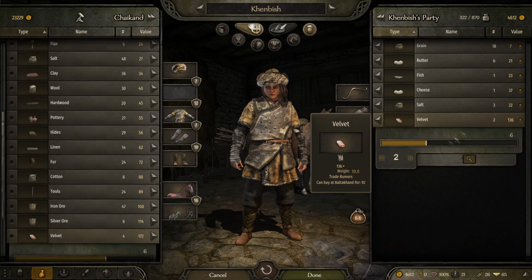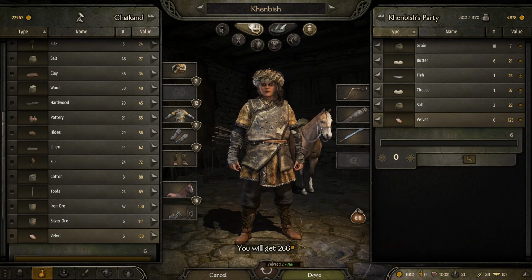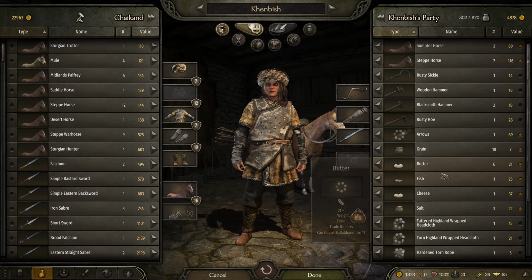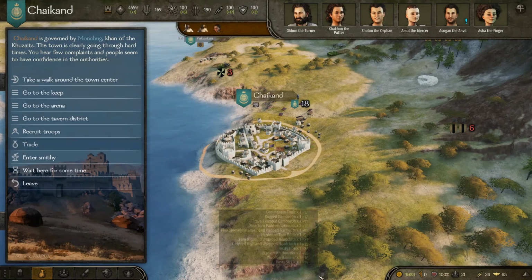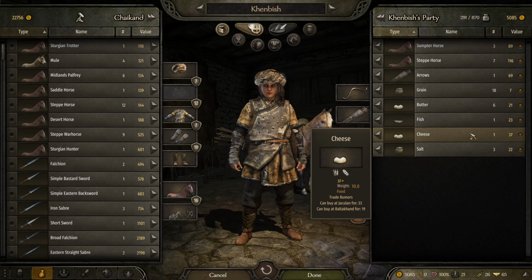So we're just going to pop that. We're just going to sell the velvet, make a little bit of cash, and then we're just going to trade again. Of course, what we can do now, because I've locked this, we'll just sell off that, and that will subsidize that. Here with the trade, our cheese is